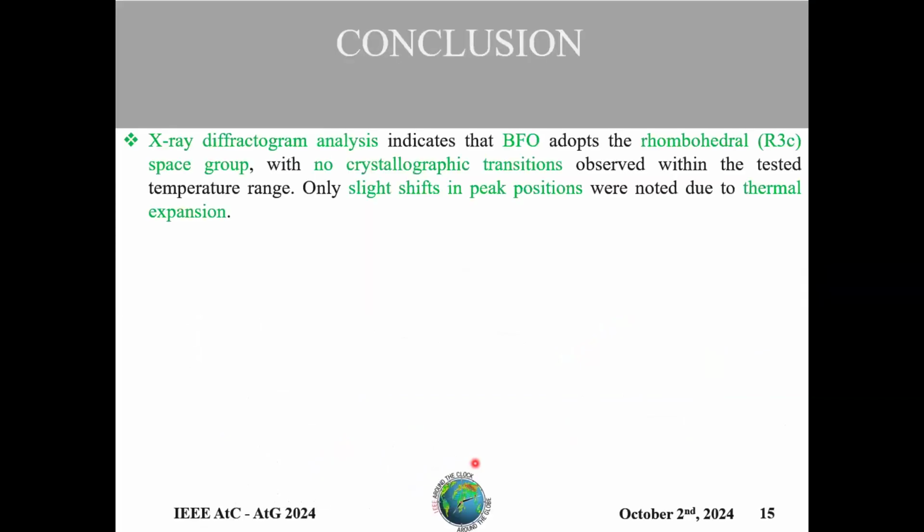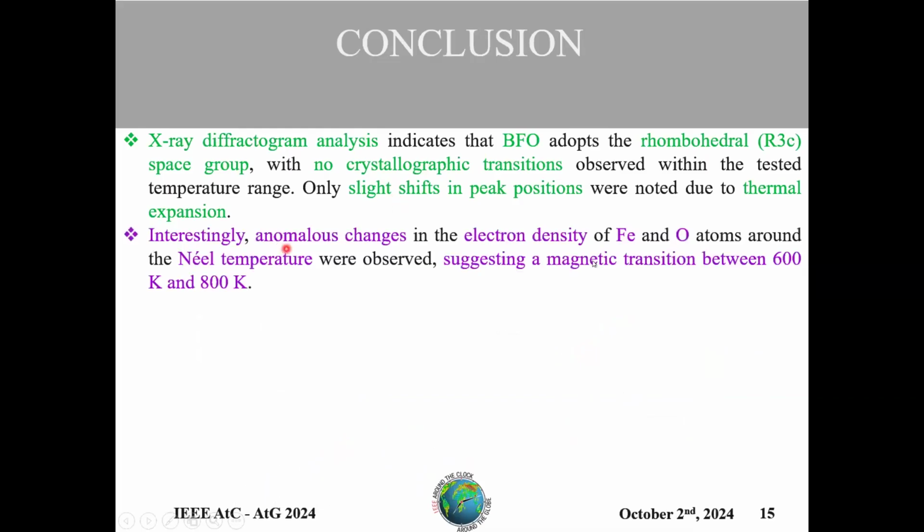Well, to summarize this, we can say that X-ray diffractograms showed that BiFeO adopts a rhombohedral R3c space group with no crystallographic transitions in the whole temperature range, but a slight shift in peaks due to the thermal expansion, which was then reflected in the lattice parameters. But interestingly, an anomalous change was observed in the electron density of iron and oxygen around the region of the Néel temperature, suggesting that there is a magnetic transition happening to the BiFeO between 600 and 800 Kelvin,